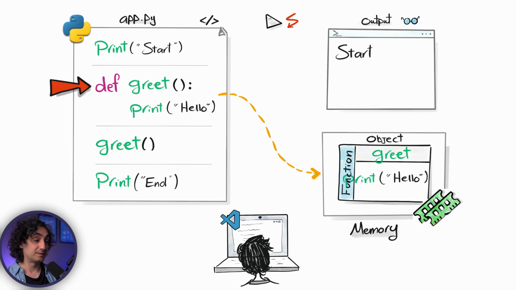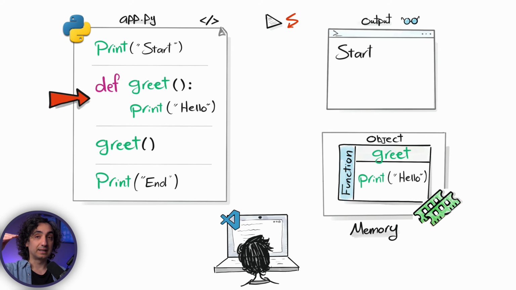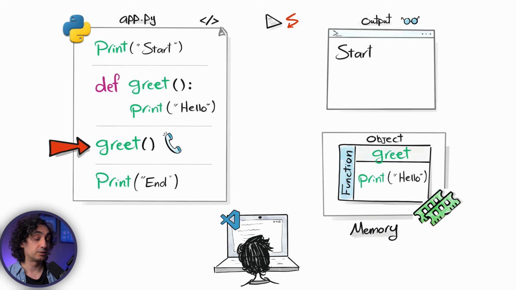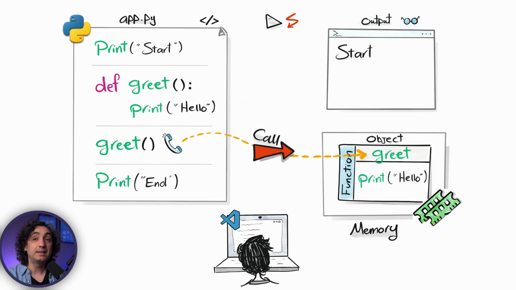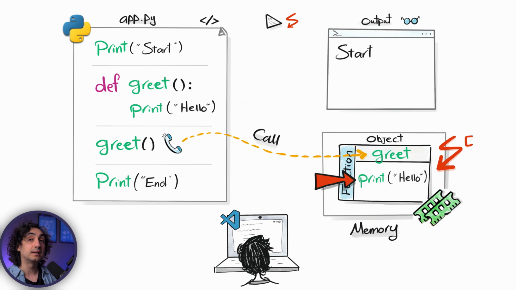So nothing happens so far on the screen, and now Python goes to the next step, which is not inside. It's going to the call of the function. So Python sees the function call greet. It's going to check the memory, and it's going to find it. So now it's going to go inside the body of the function and start executing it line by line from the top to the bottom. Here we have only one line, so it's very simple. Python is going to print hello in the output.